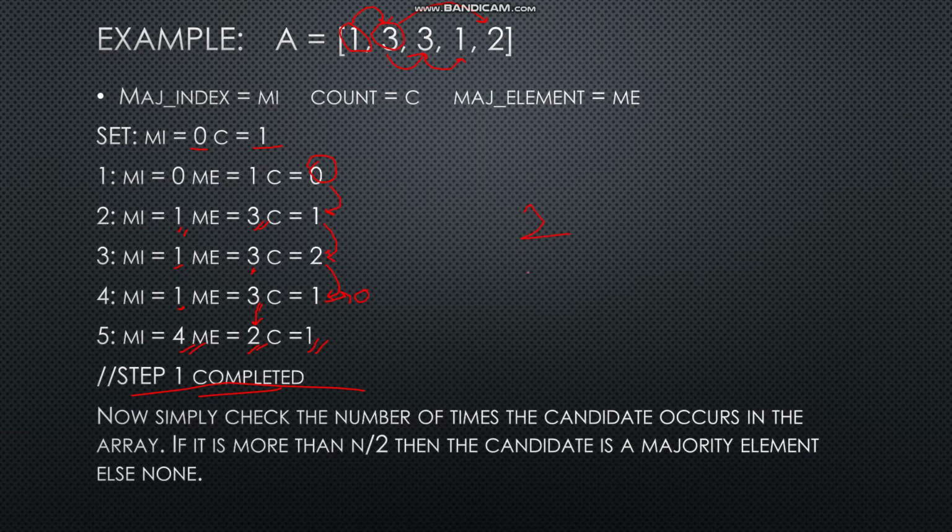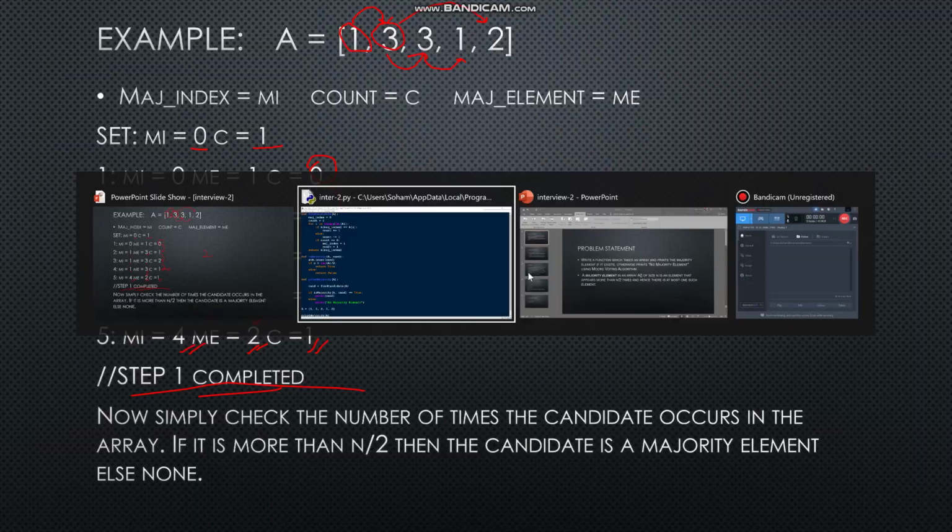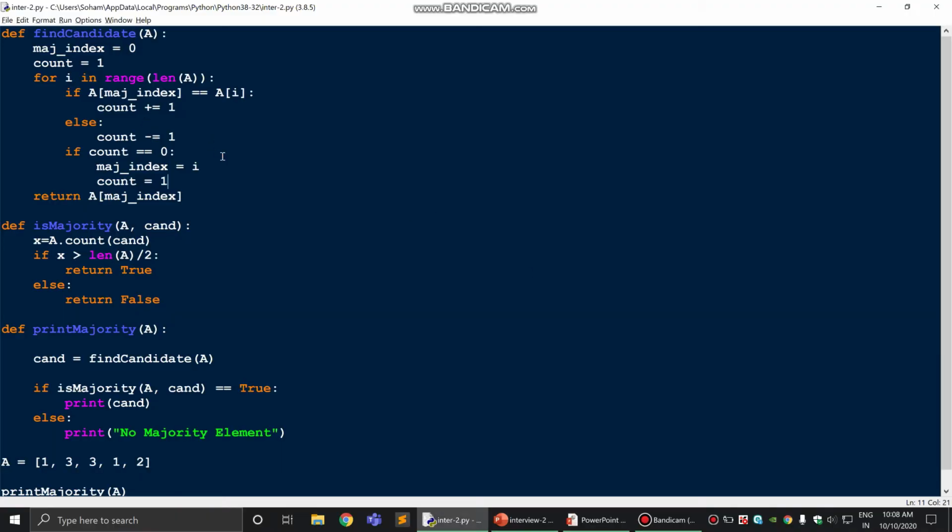Now we'll go to the code, how to implement it. The first thing is to define a function that will find the candidate. Though it is the first step, in which we will enter the array, so it will take the array as an input. Then we will set the majority index as 0 and count as 1, as I said before. Then for i in range of length of A, if A of majority index equals A of i, then we increment the count.